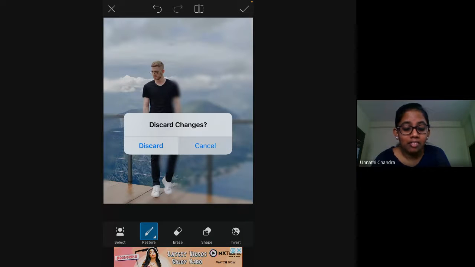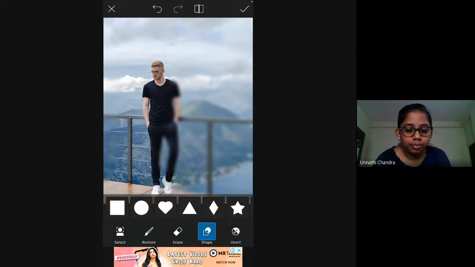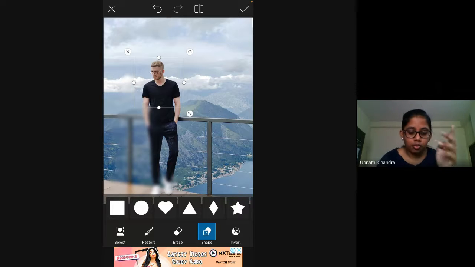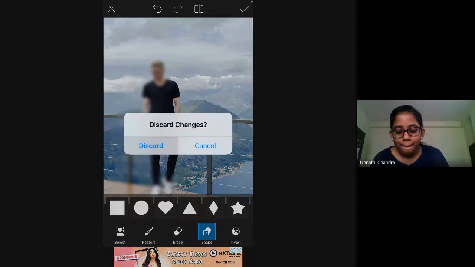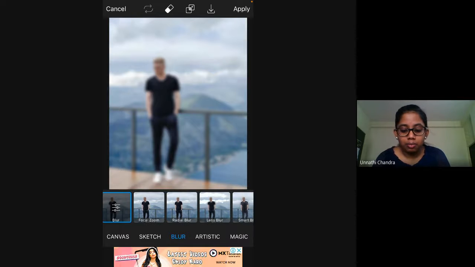You also have shape blurs, like just blur out circularly or invert. If you want a circular area which you want to remain clear and the rest of it you want blurred, you can do that. So that's blur. There are many types of blurs available.